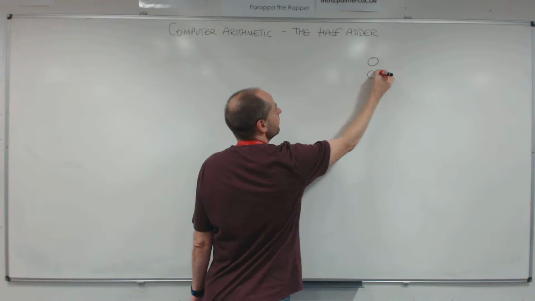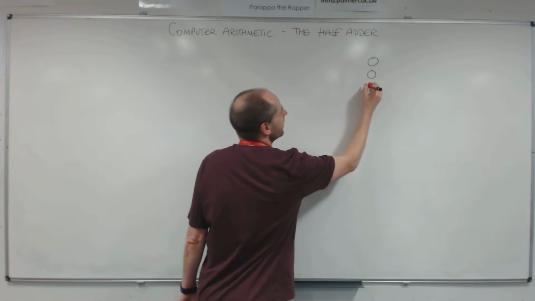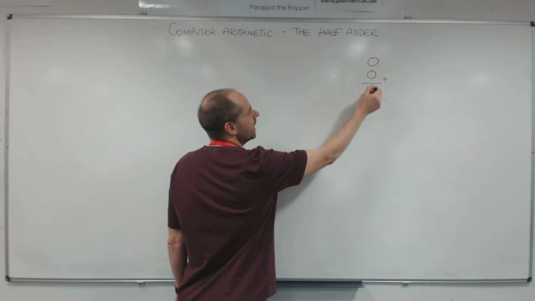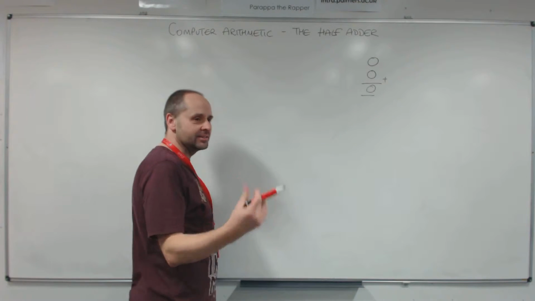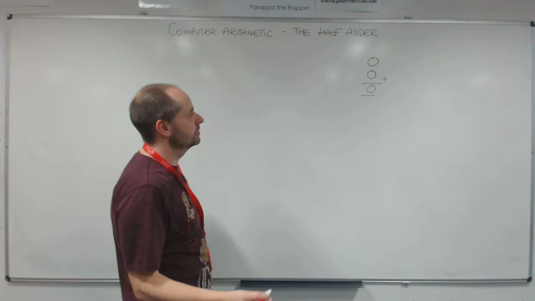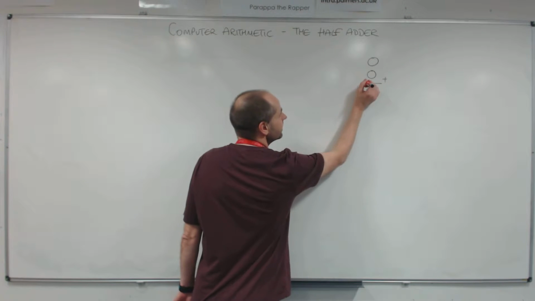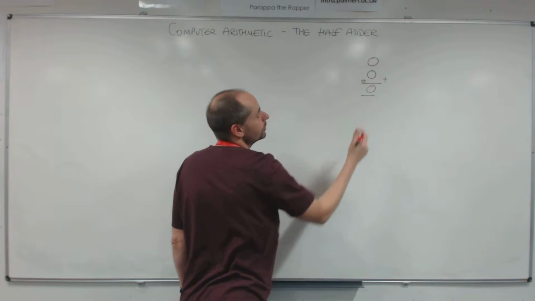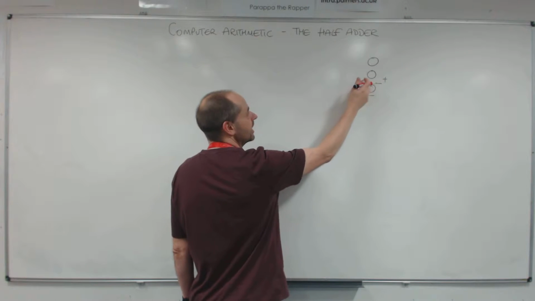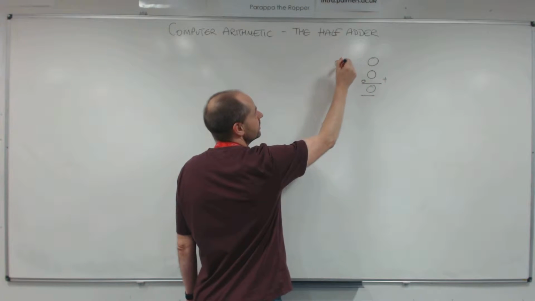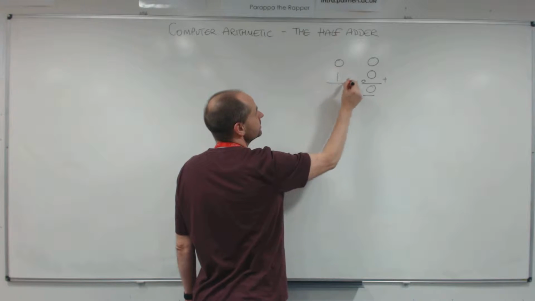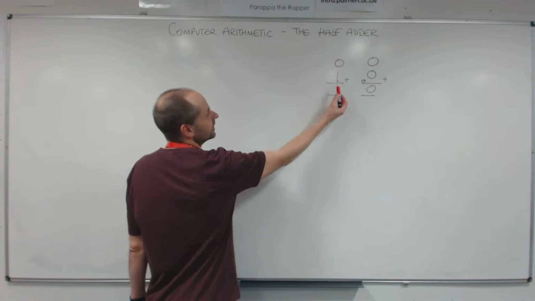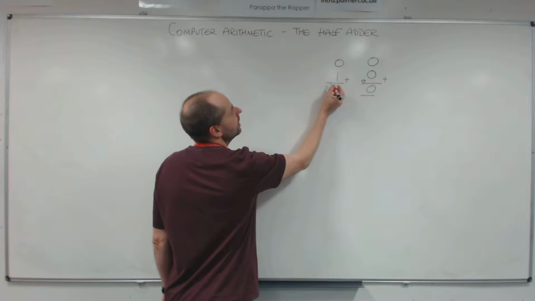So we could have a 0 and a 0 that we add together. If we add those 2 together, we get a 0. But that isn't the end of the story. What we actually are producing is a carry, but the carry has a value of 0. So the answer to 0 plus 0 is actually 0 carry 0. There are 3 other combinations that we could have. So we could add a 0 and a 1, so the answer to that is 1 carry